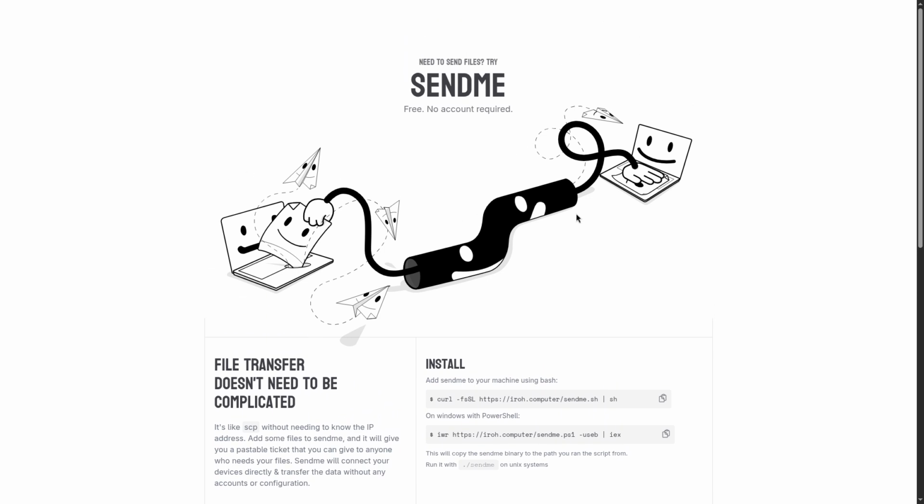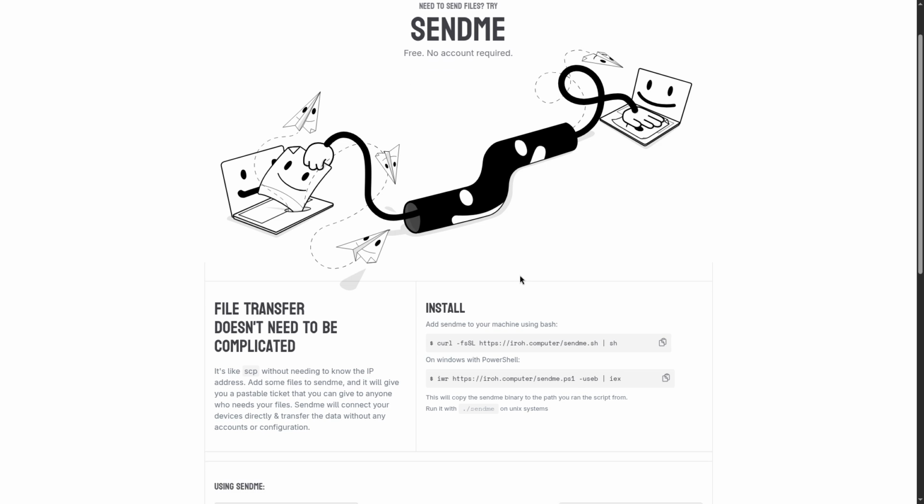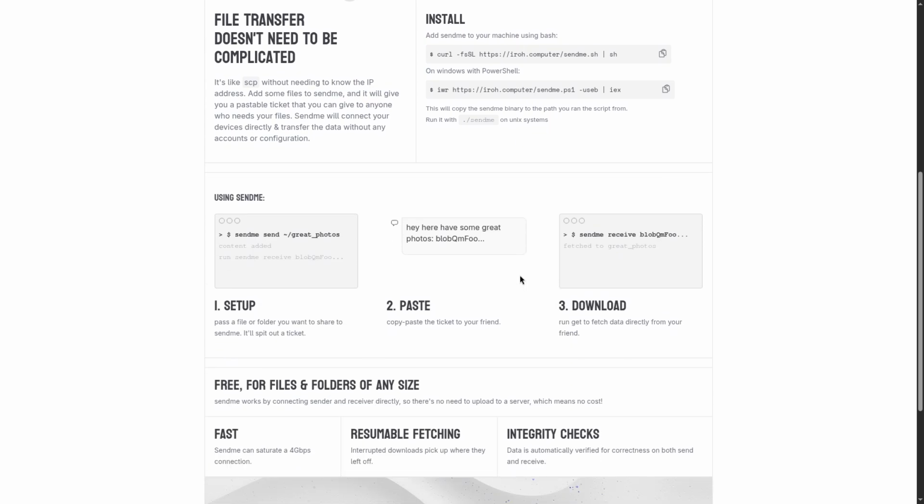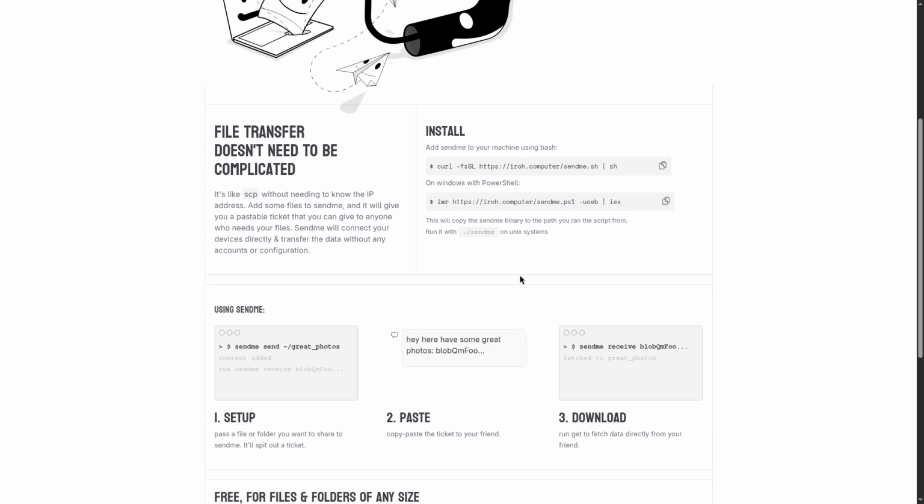files to anyone in the world without having to send it to a server and ask them to download it from a server. And this is really, really cool. Let me show you how this works, and I'll give you a small demo. This is something like SCP, where you need an IP to connect to a machine and then to SCP. But over here, you don't need an IP because